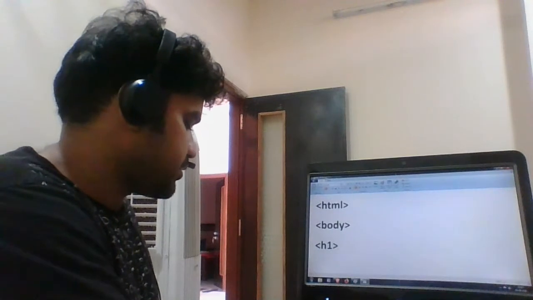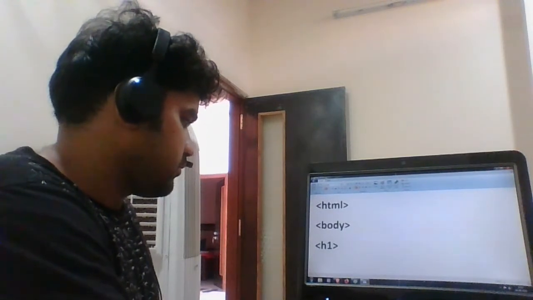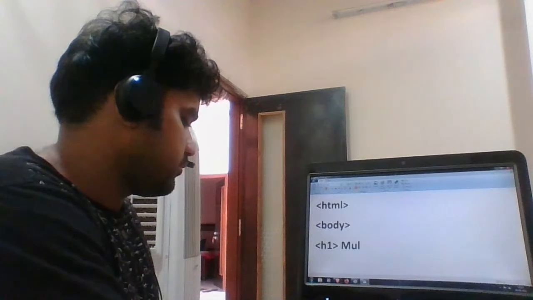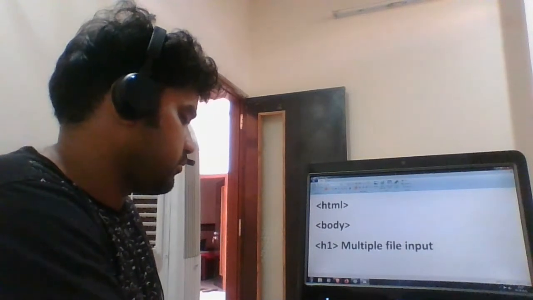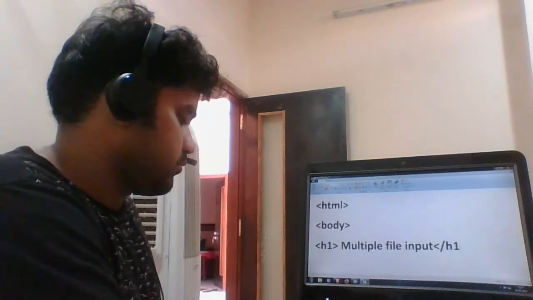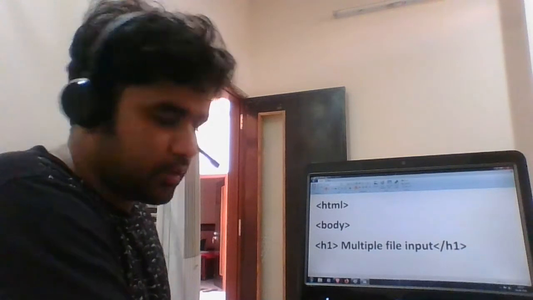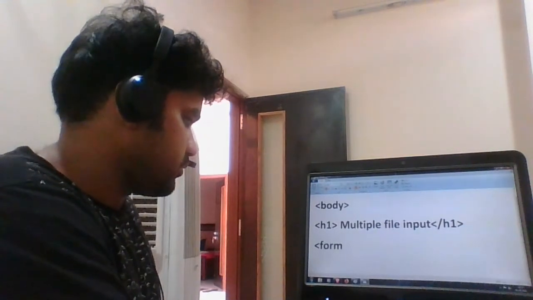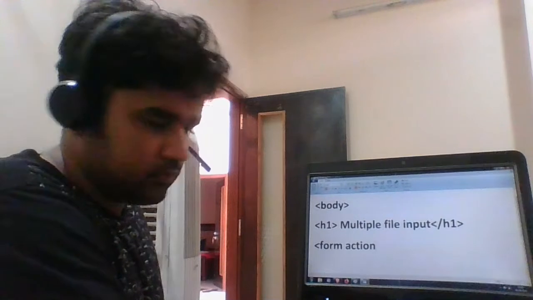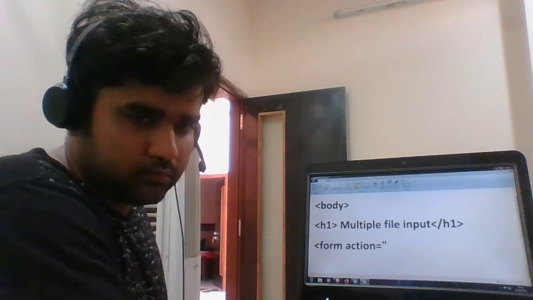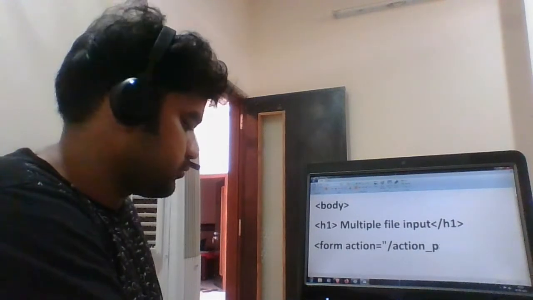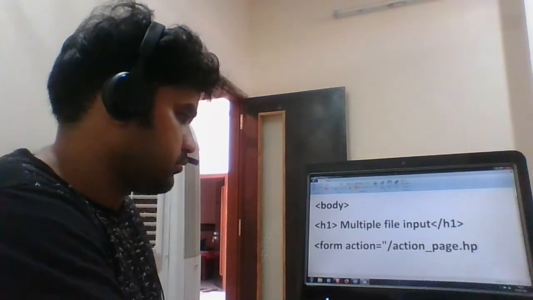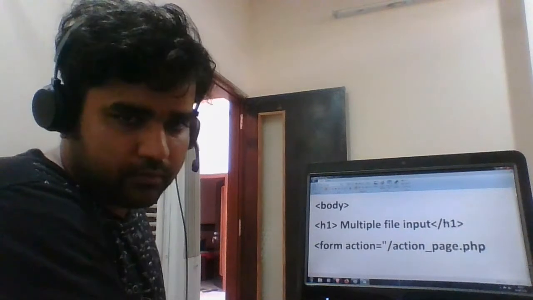I just want to define it as multiple file input. And then take it as form action,